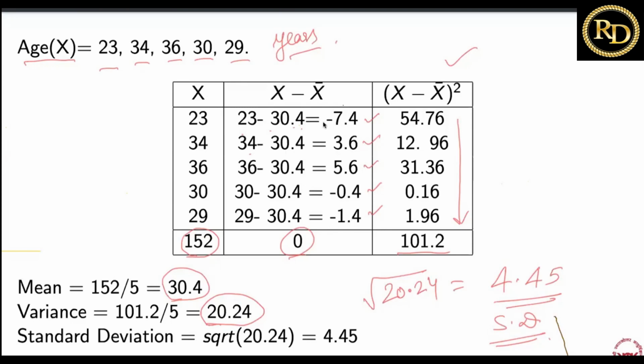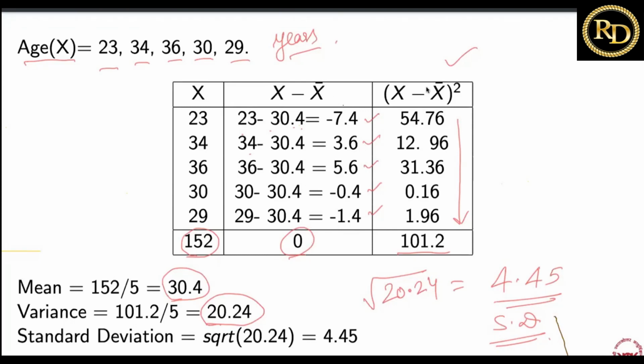If we find the average distance of all these values from the mean, it will give us an idea of how much dispersion there is in the data. But when we add them to find the average, it will come out to be 0. And this is the property: whenever you add these deviations, it will always be 0.